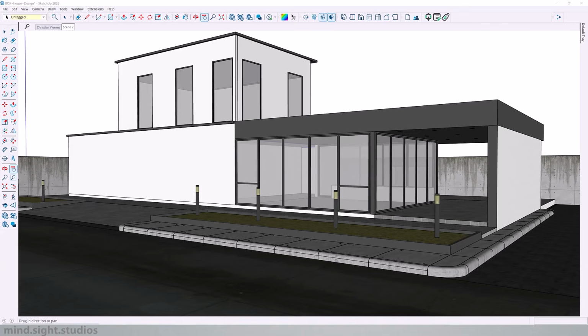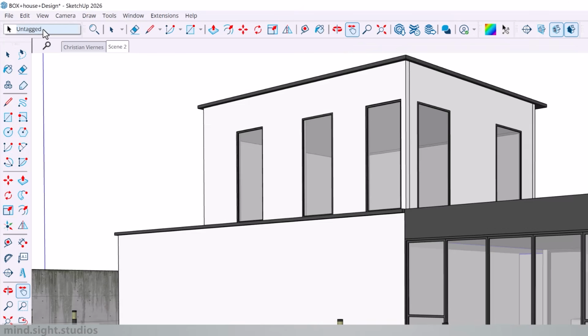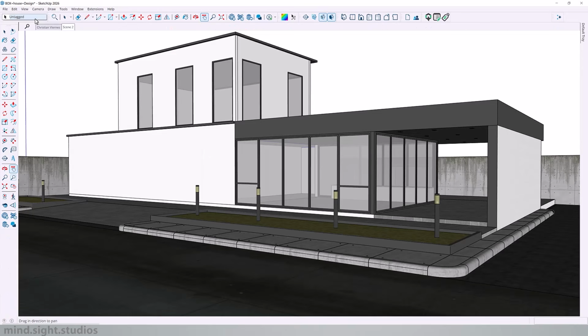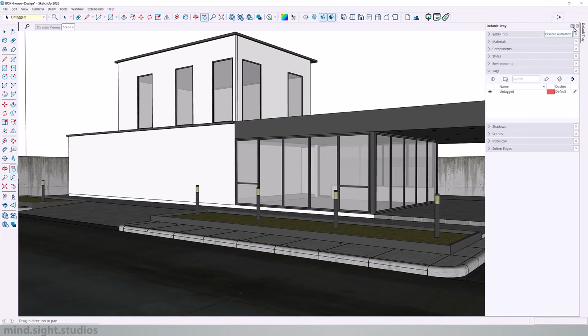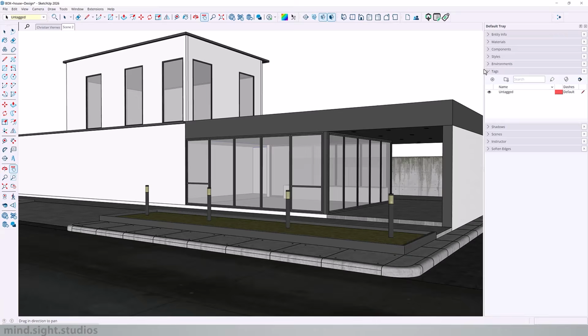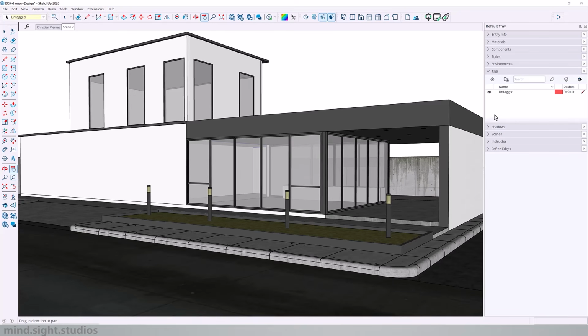Now, as the project becomes larger, finding and managing your 3D model can become a little more frustrating. Now, as a general rule, you should model everything with untagged as current. And as you progress, create your own tagging system so you can manage your model visibility with ease. So you want to go under Tags and you want to create your tags right here. For example, you can create one for Windows